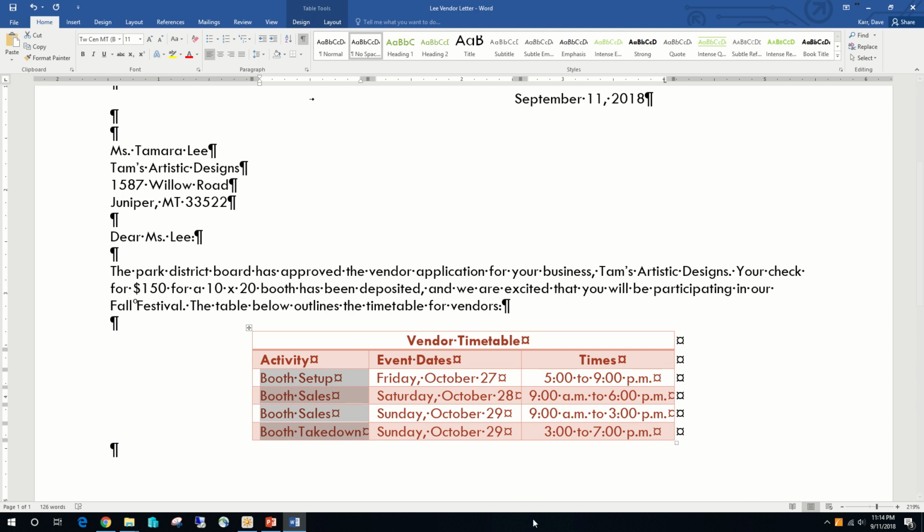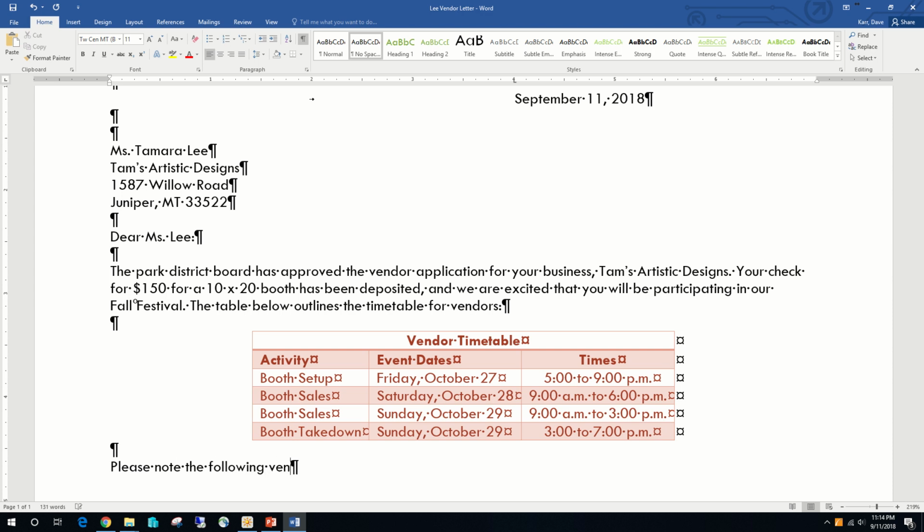After we've done that, we're going to make sure that our insertion point is in the paragraph symbol below the table. And we're going to press the Enter key to insert a blank line. We'll type the text, "Please note the following vendor guidelines:"